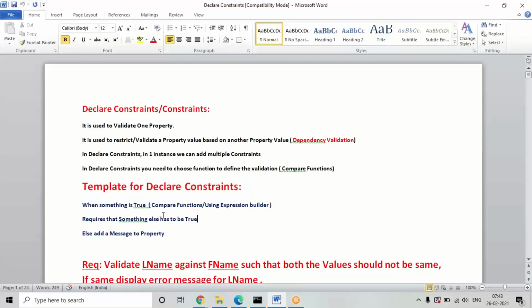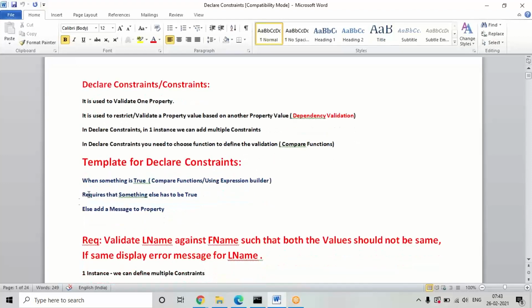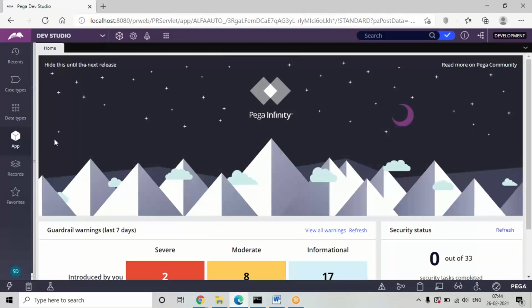And let's see, first example I'll show the easy one. Say I want to validate first and last name, first name against last name or last name against first name, and I'll be displaying an error to the last name property if the same name is given. See, they will give a first name first. After that, if for the last name also you give the same value, it should not allow, and some error message should display. So that is the requirement. So the property names are already there, right? So directly you can add this condition.